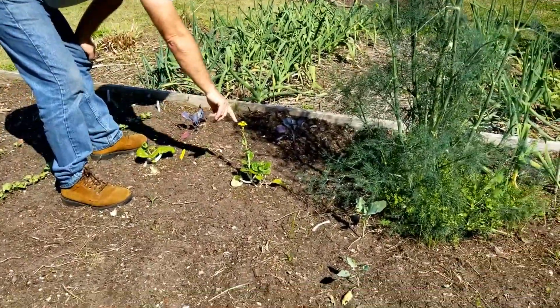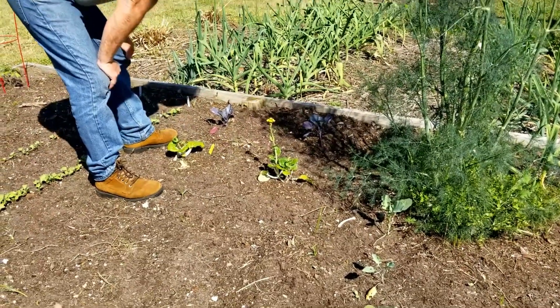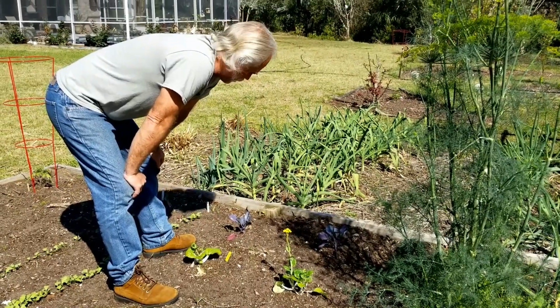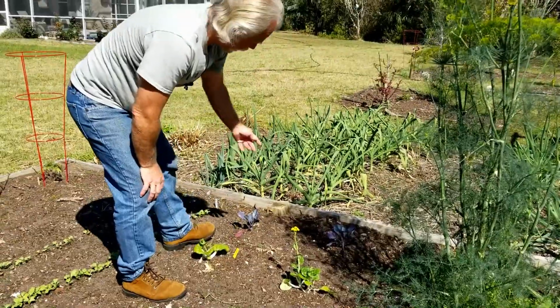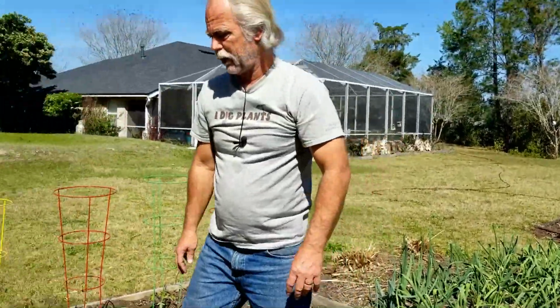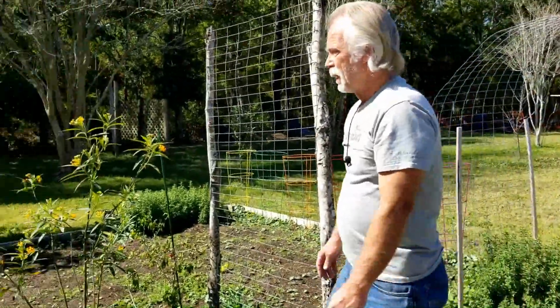By the way, apparently the reason this bok choy is already starting to bolt is because it got cold. Anytime it goes below 50, it thinks that wintertime is here, so it starts to bolt out and make seed. This is some purple cabbage, which again, I can eat the leaves off of right now. So not a lot of leaves there yet, but a good food source, particularly if you give me 2 weeks. And then over here,